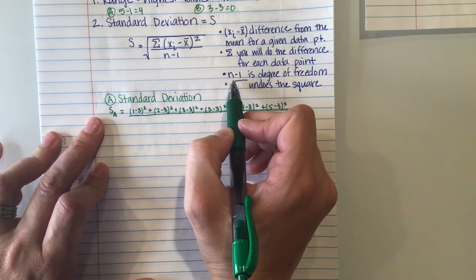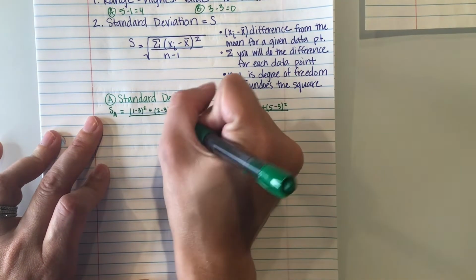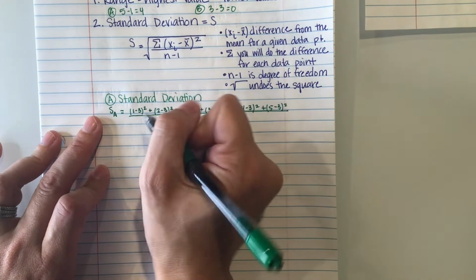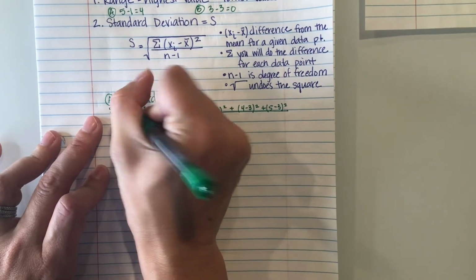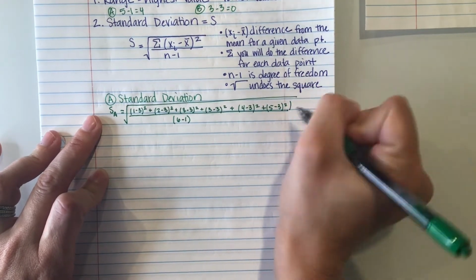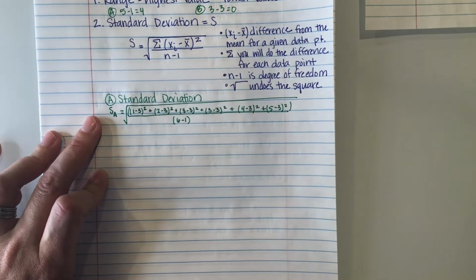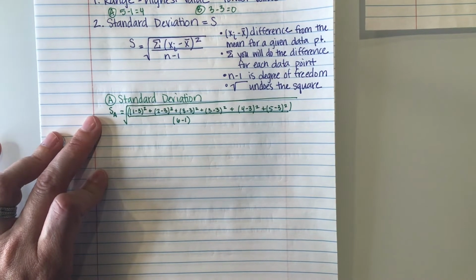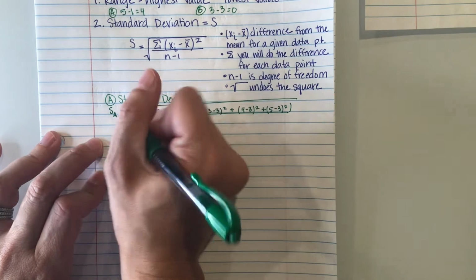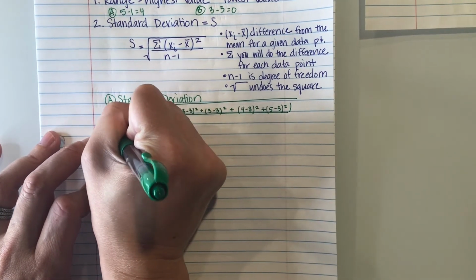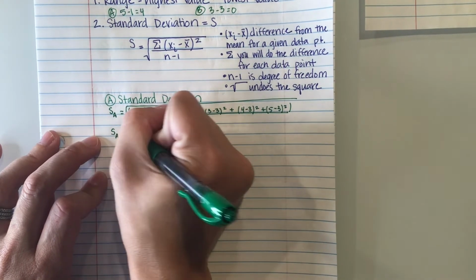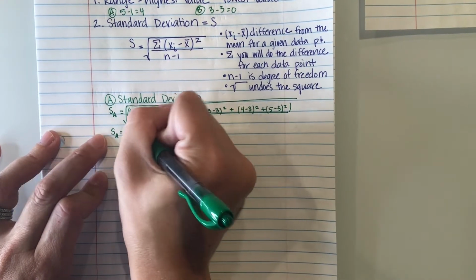n. N is how many data points I have. I have 6, so 6 minus 1. And I'm going to take the square root of this whole quantity. So I like to put this in parentheses again, just so I know it's that whole top number. This is where you might want to have your calculator to help you do some math, right? Okay, so the standard deviation of group A then is going to be, I'll put my parentheses in, and I'm